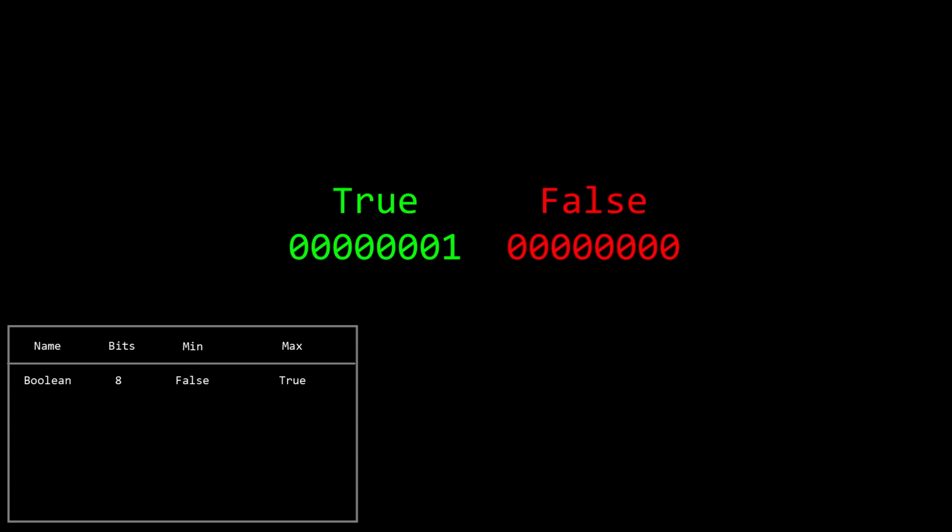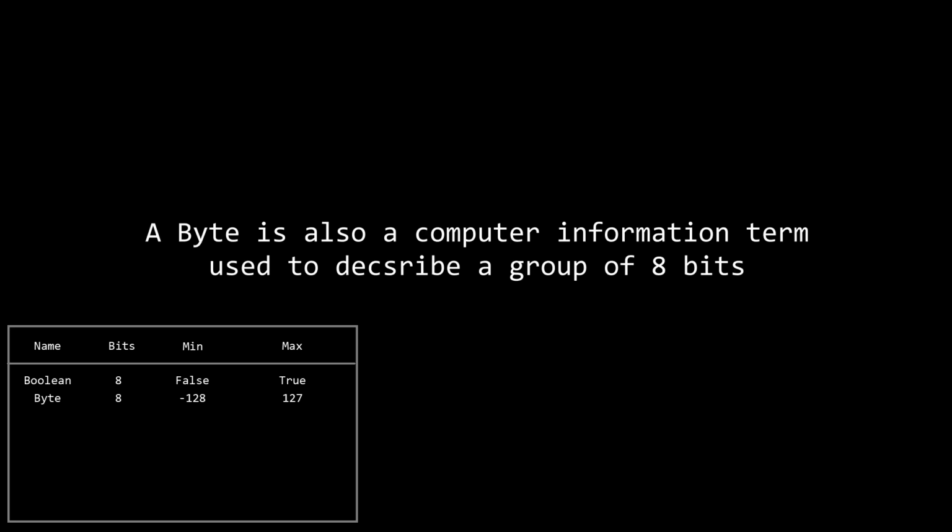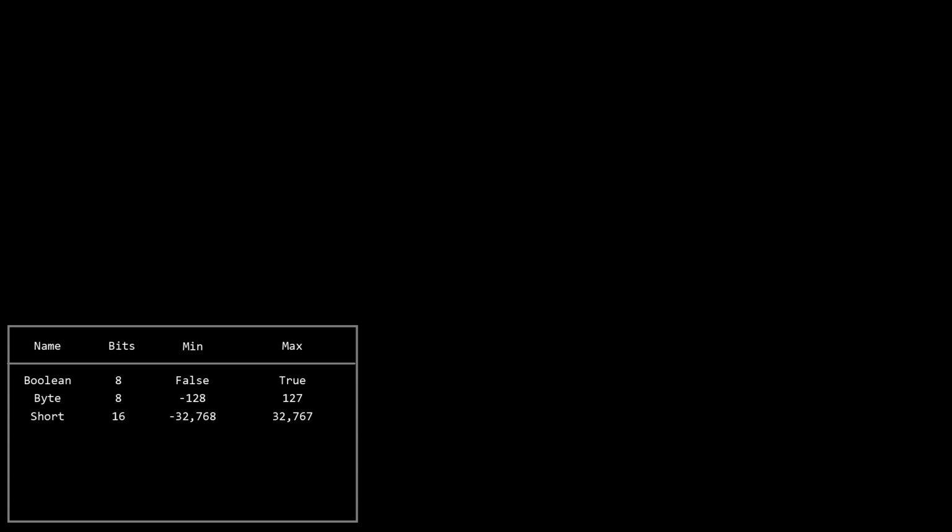A boolean is a true or false value that is only 1 bit long. However, your CPU cannot address anything smaller than a byte, so the first 7 bits are unused. A byte is an 8-bit integer, which is any integer between -128 and +127. A short is a 16-bit integer between -32,768 and +32,767. An int is a 32-bit integer between